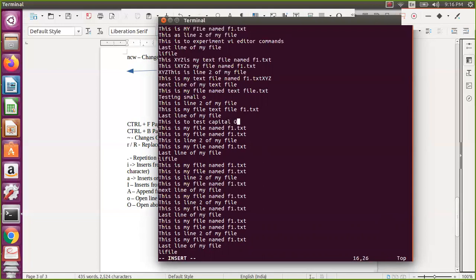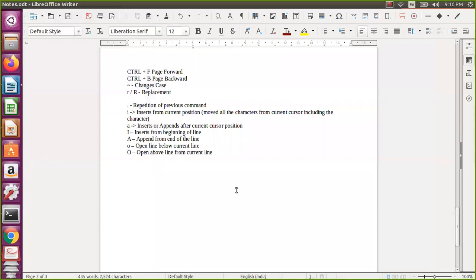Okay, so that's capital O or whatever. So this is whatever the commands actually. I hope we have covered almost all the commands. Okay, so let us check if we have not covered anything. So let us do that in that particular slides, we will check.